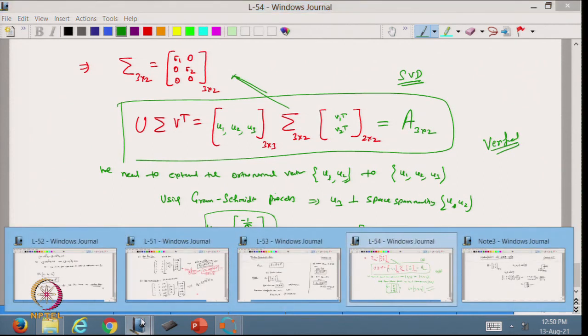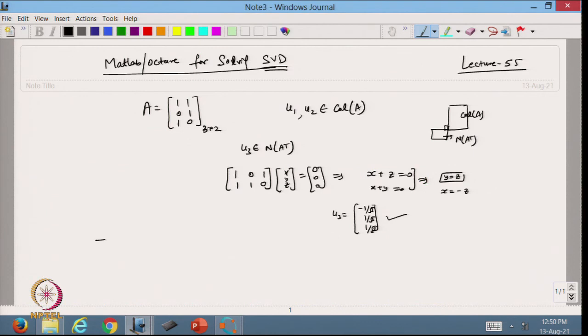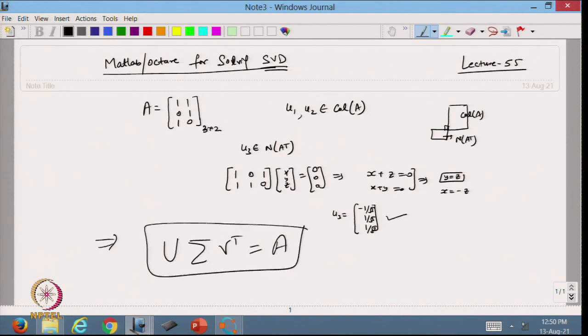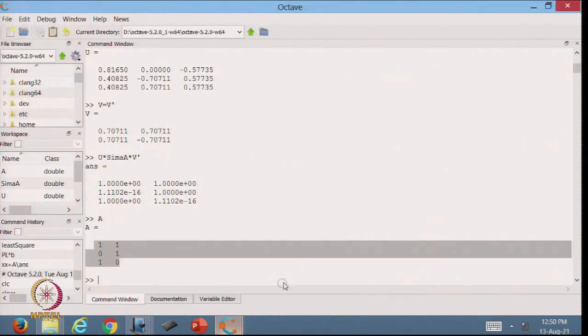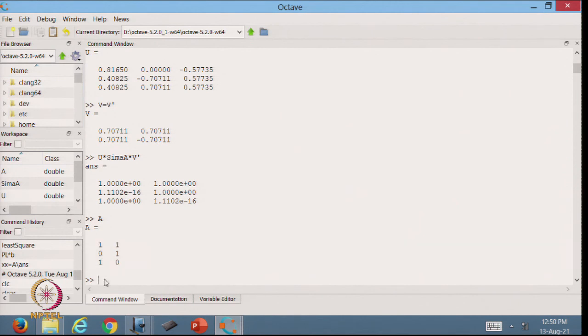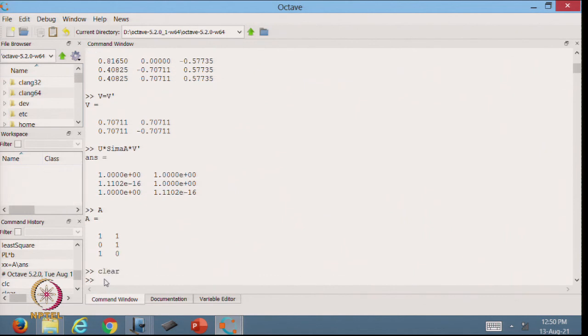that we are getting this value. So, from here we are able to see that my U Sigma V transpose is giving my A. So, whatever we have done is completely right. This way we can take any matrix. We have taken a 2 by 3, we have taken a 3 by 3 matrix. Maybe I can take some other matrix.